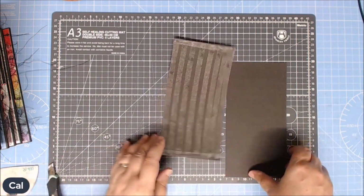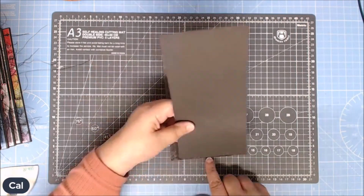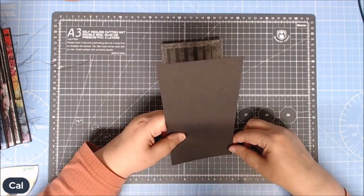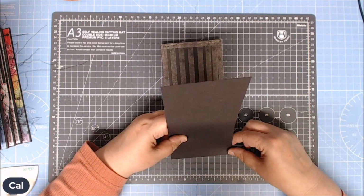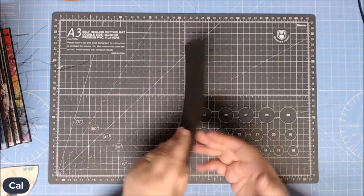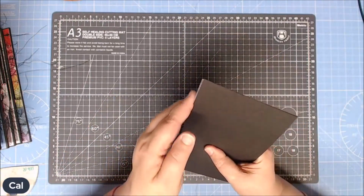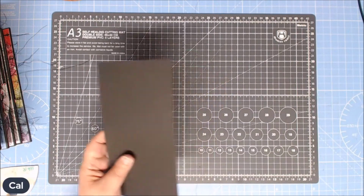Okay, so what I'm going to do now is lay this down on top, like that. Okay, so that sits on top of that one. Ignore that little bit of tape that's coming out. And what I'm going to do now is get my scoreboard and my scoring tool,